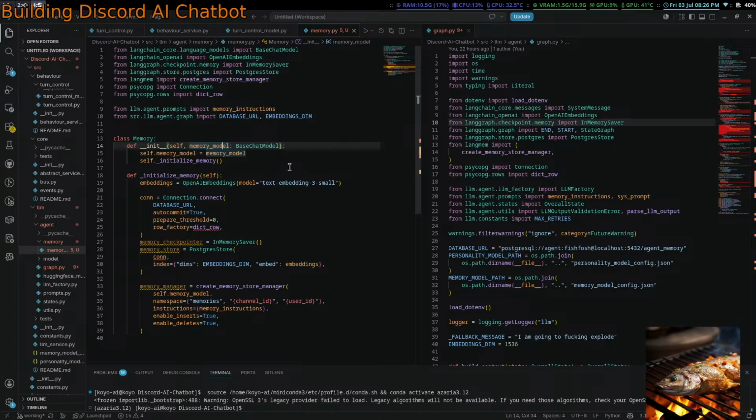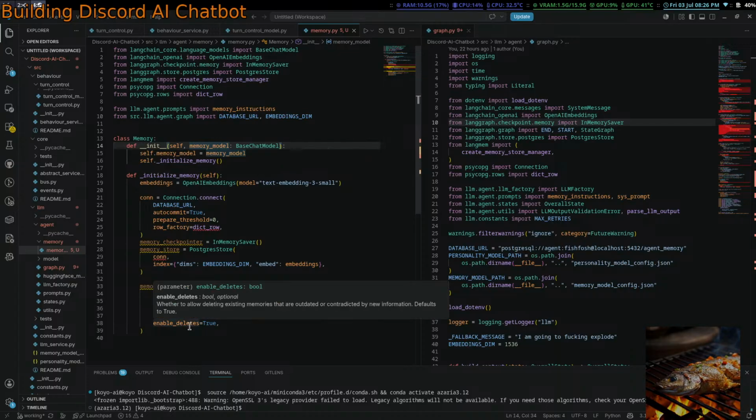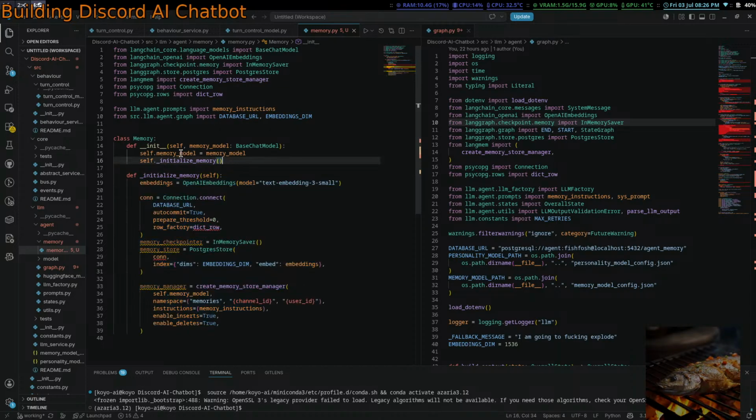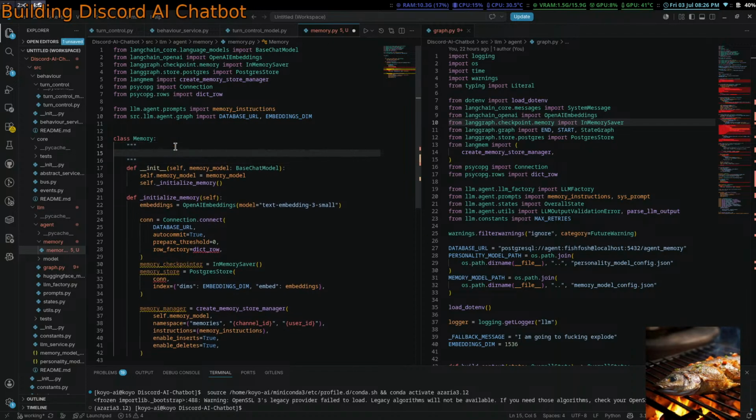So should we just initialize everything in init? Yeah, I don't think we should make a separate thing here. I feel like it might get confusing, to be honest. But then we specify what is self and what is not, right?